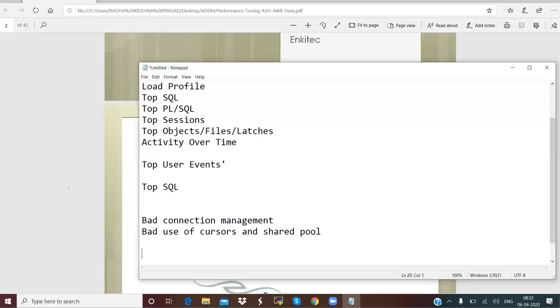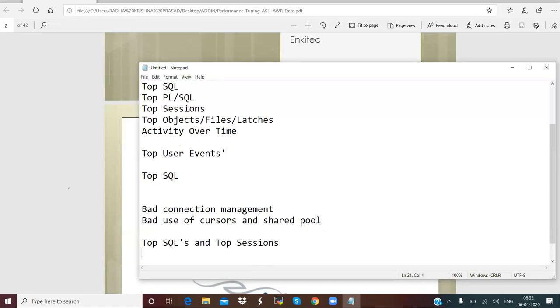And again, even in emergency performance methods or emergency performance problems, here also you will try to identify the top SQLs and top sessions. You can make a note. What did you identify from your Oracle database? I am always worried about these two parameters, top SQLs and top sessions. Okay, and in order to understand the issue, if you are the only performance engineer and you want to give a quick fix,